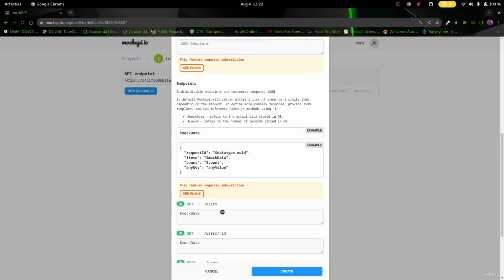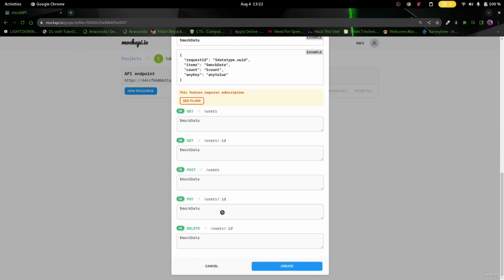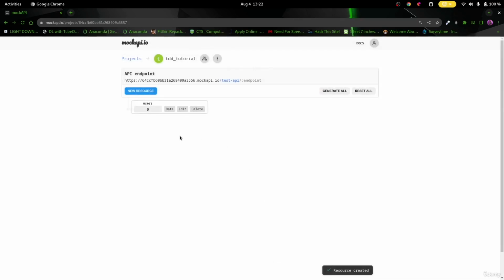So let's go ahead and do that then. Let's go ahead and hit create. This should create it for us. You can actually drag this to generate fake users. So if I drag this, it will generate fake users for me, but I don't want that yet. I want us to